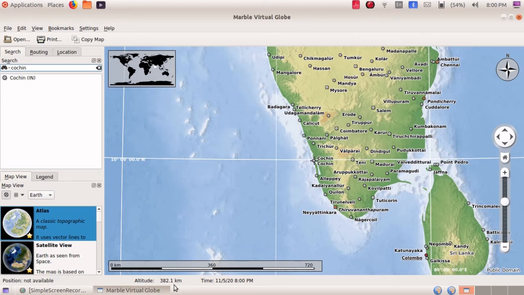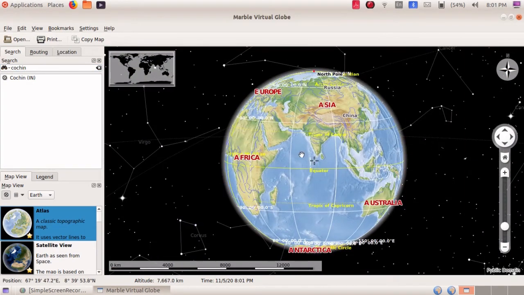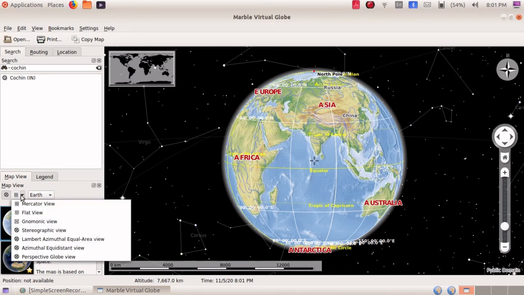Now we will see how to create and save a map. Children, this is the globe, isn't it? Now I am going to change the view. How should we change the view? See children, in the left side we are having map view. Okay, in this, when you move the mouse pointer near this rounded figure, we can understand this is the globe view. Here one grid like that, no? So next to that, one arrow mark is there. Click on this arrow mark, we can see different views.